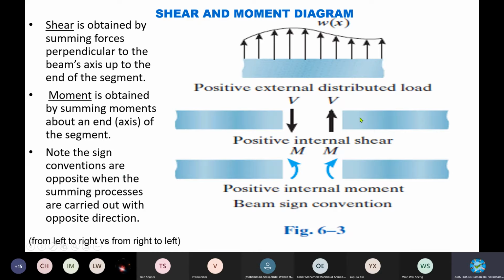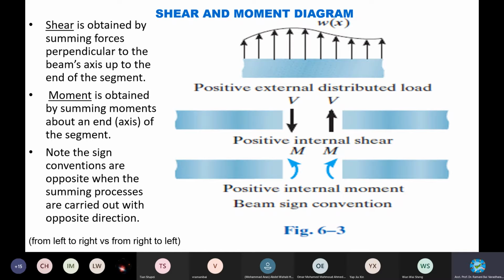Yes, this is important. Number one is shear force, right? In both cases, when you do the summing, see the curve, whether it's all along the positive direction or all along the negative direction. Accordingly, you solve. The same goes for moments. For moments also you must mind the sign convention.